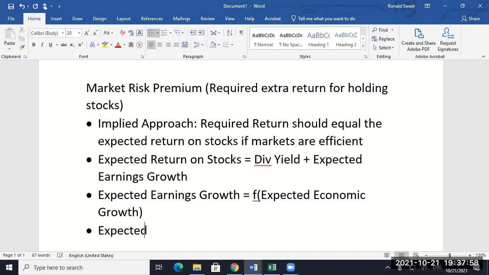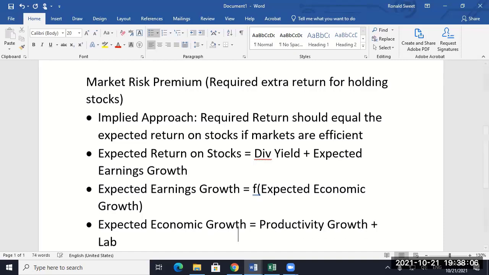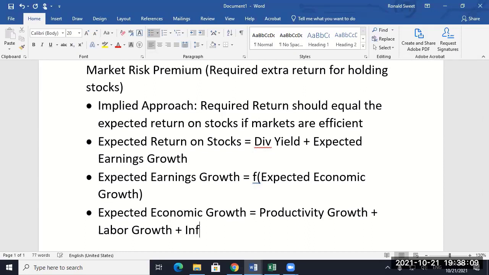And then expected economic growth equals productivity growth plus labor growth plus inflation, all expected numbers. Right, and I gave you a chart to help you do that. You can use my chart. Again, don't go back 1 or 2 years. We're talking over the next 50 years. So if you're going to use any kind of historical data, we're talking going forward. History just gives you a sense of where we've been in the past. But that's why I gave you the chart by decade so that you could see. Hopefully I remember to put that on Blackboard. If not, I'll try to remember to put it out there.